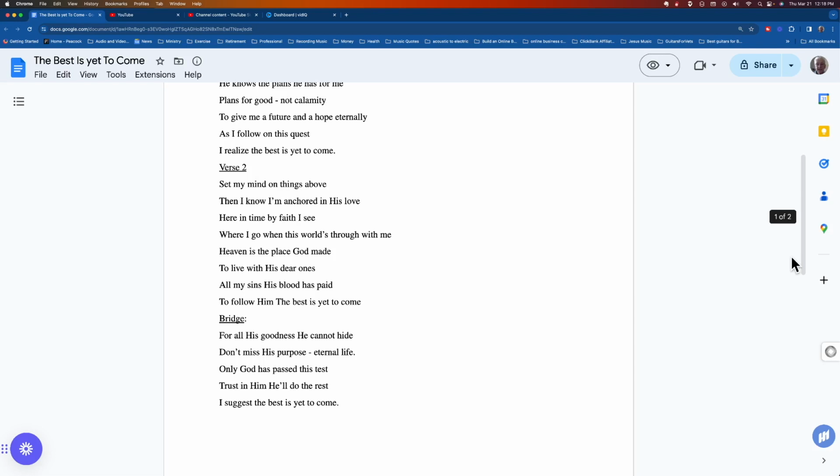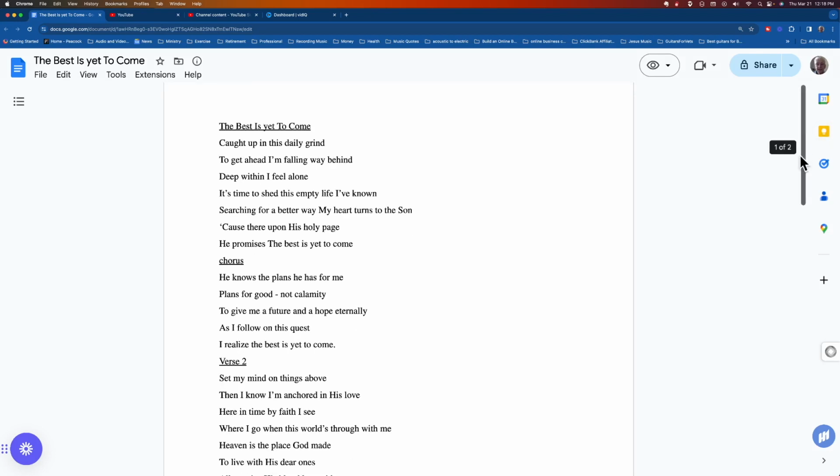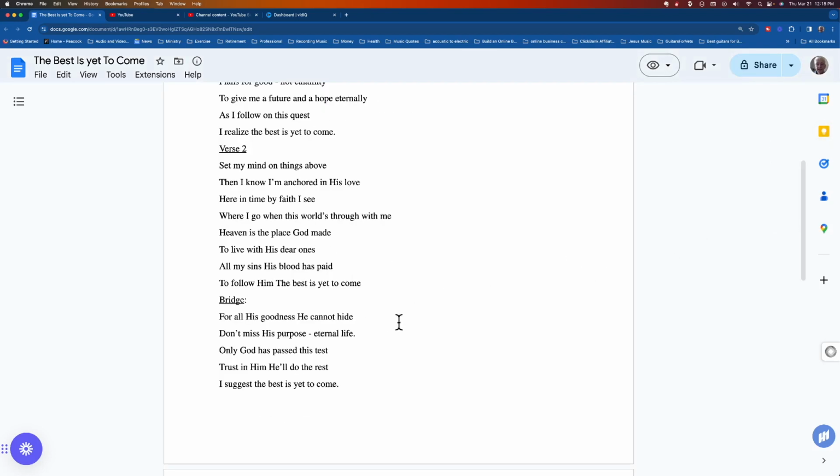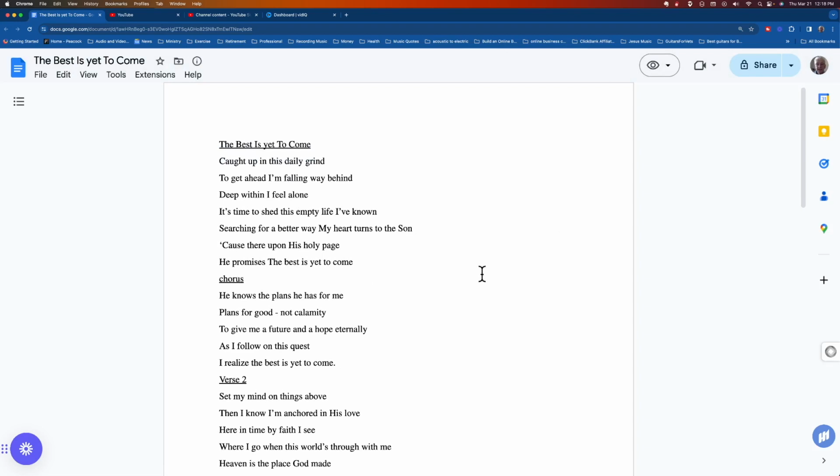So this gives you just a little sample of how I wrote a song and how my chorus was different than the verse, how the verses tell the story. The chorus is the main point of the song, and then we bring in the bridge, and it is quite a bit different. It doesn't last very long. It's quick because I want to get back to the main song. But I do this to give you an example, and there's a lot of different ways to do this, but I think sometimes we learn from examples as well as anything. So hopefully this has been helpful.